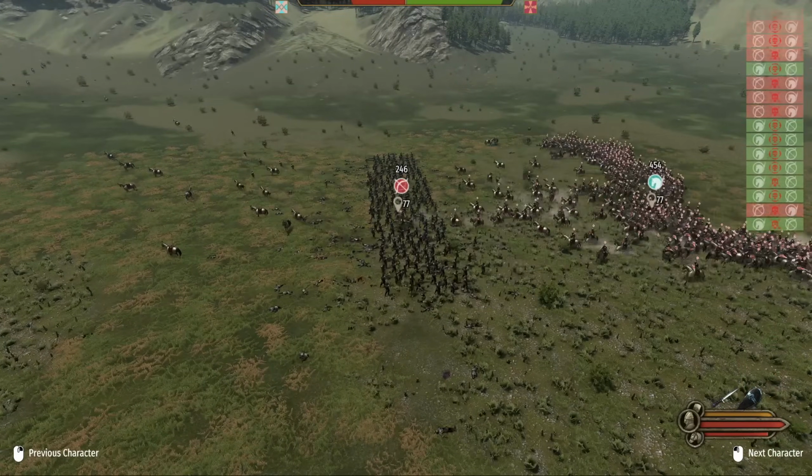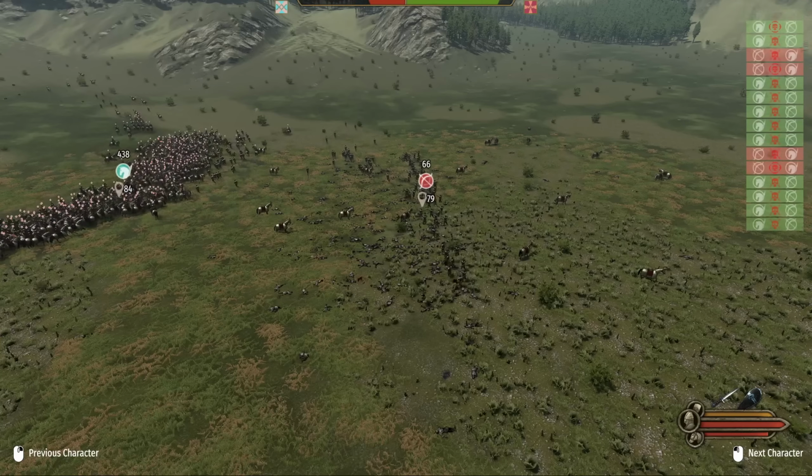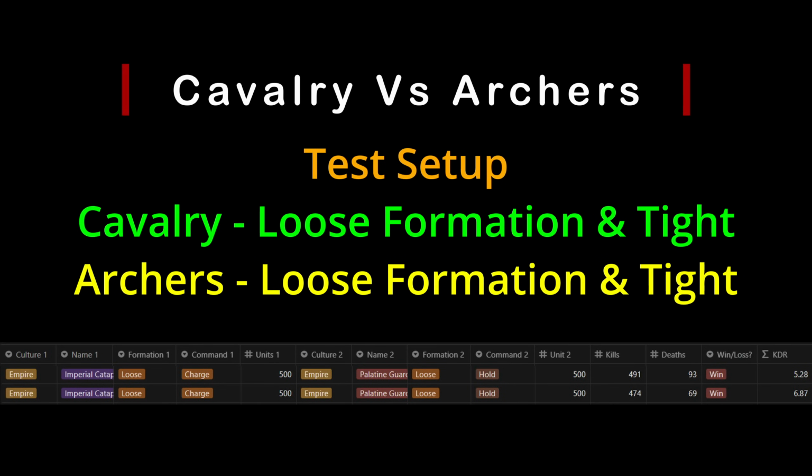It's interesting because there are still plenty of casualties to arrow volleys, but the casualties caused by the cavalry seem higher with more spread out formations from being in loose. The KDR ends up being between 5 and 6, which is quite a bit worse than the previous test using